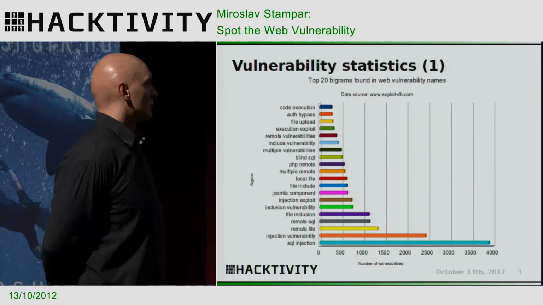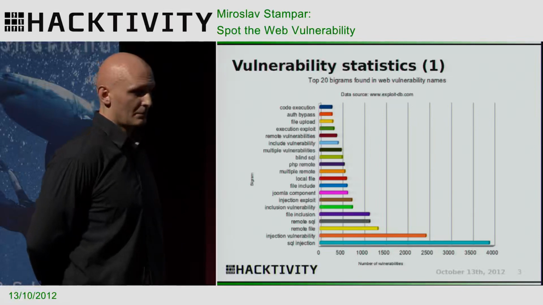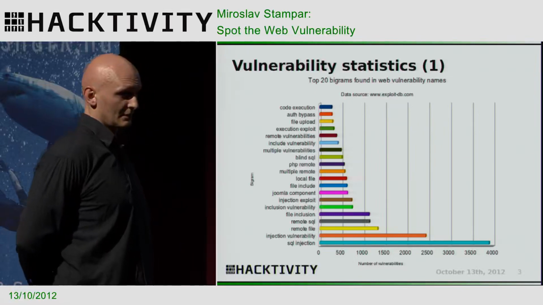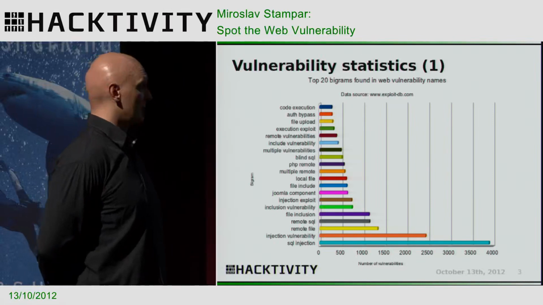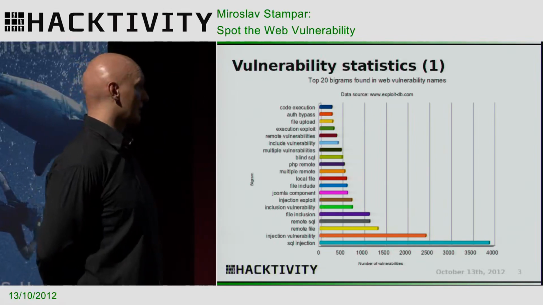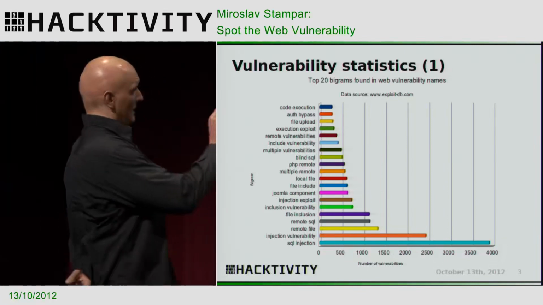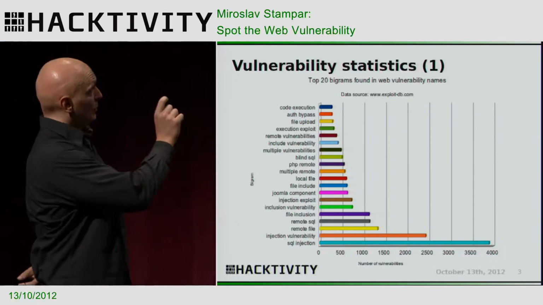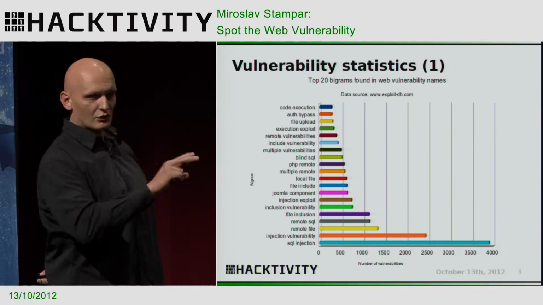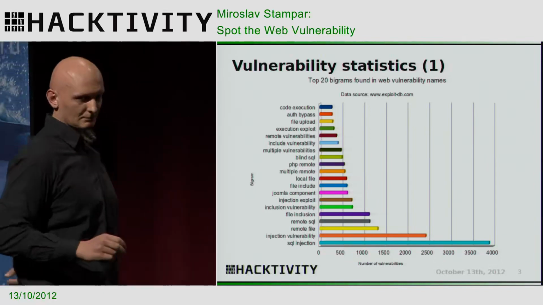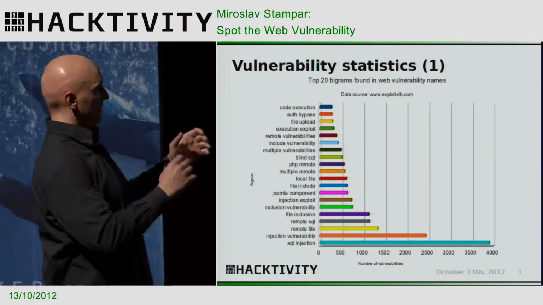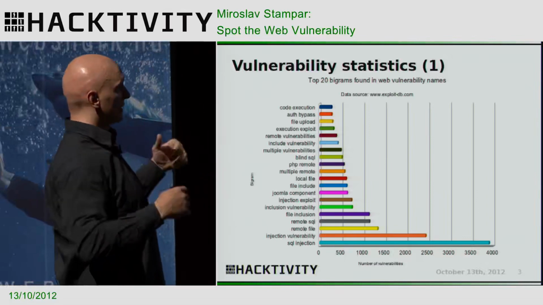There were more than 10,000 public web vulnerabilities there. I made a Python script, collected all those names, and I've collected all bigrams. A bigram is a two-word formation. So I ran this script, it collected all names,